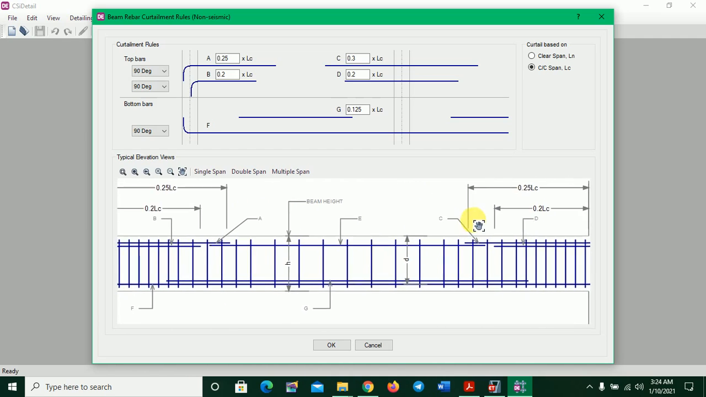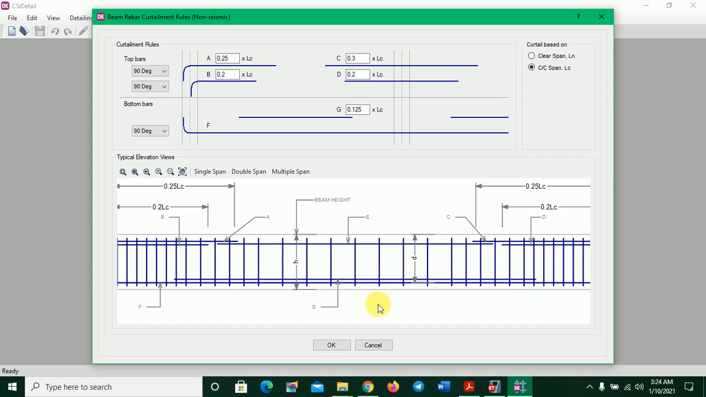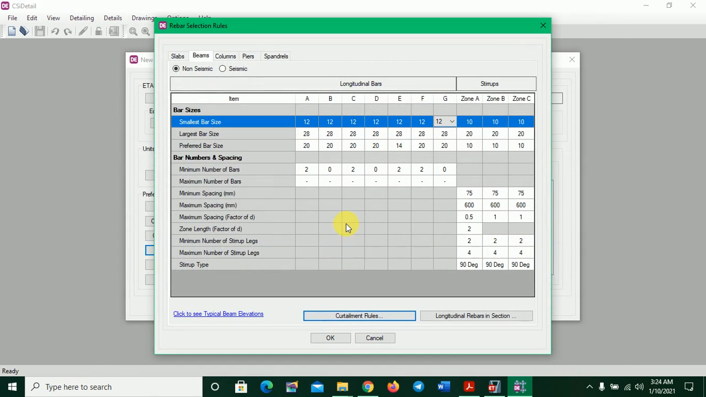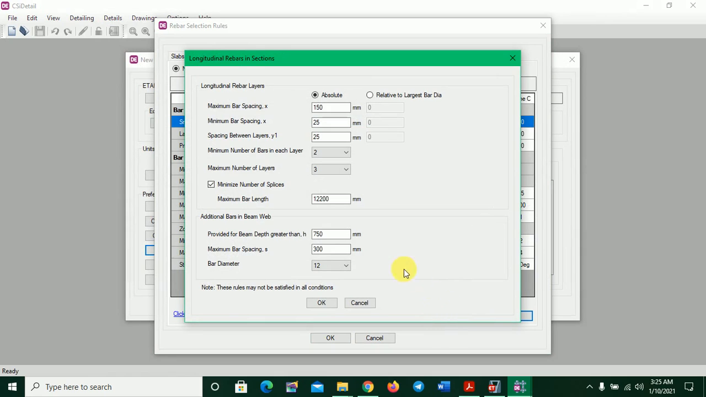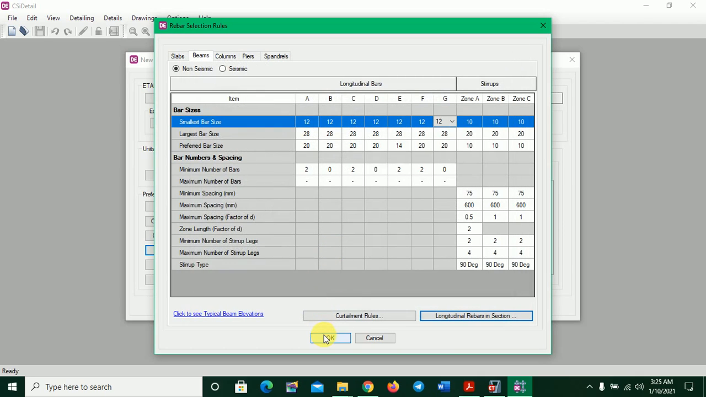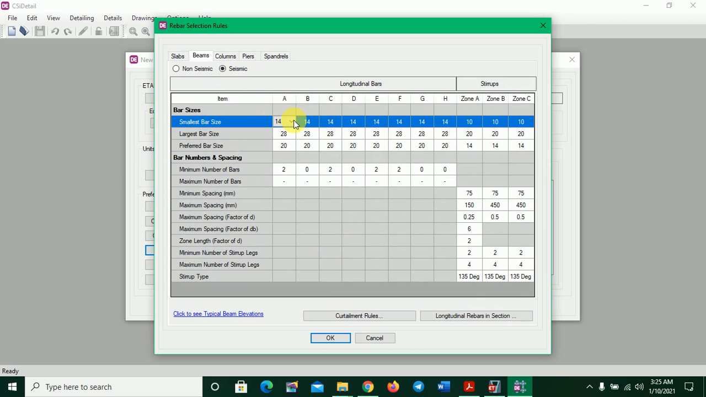So here we can see all the other things easily. Okay, longitudinal rebar in shape, that is our rebar is longitudinal, so we don't need to change anything else. So click on okay. Okay, on seismic maybe we will use 12,